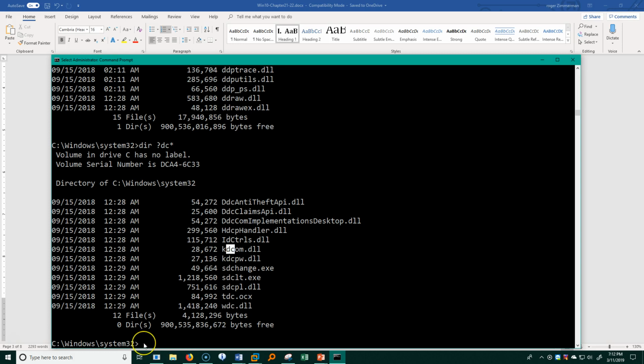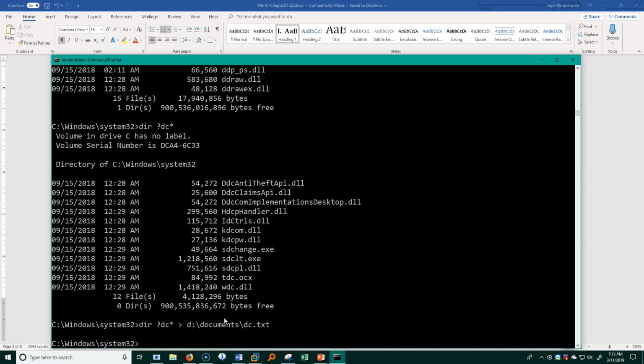All right, very nice. The next one I want to show you is something called the redirect. Now, I can redirect the output. I'm just going to do an up arrow to reproduce that last command. And the redirect is a greater than sign. Rather than the screen, well, it will go to the screen, but I also want to redirect it somewhere else. I want to redirect it to a file. In fact, I want to redirect it to D documents. Just D documents, all right? And then I'll call it dc.txt, all right? So that'll be the name of the file that I want it to go to.